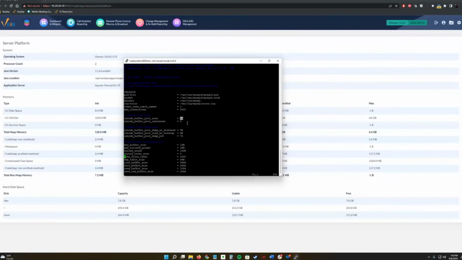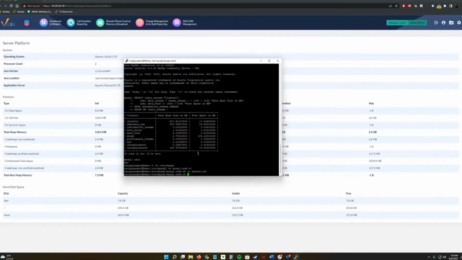So we would increase the RAM on the box, and then we would hop into these config settings and change this to reflect what we allocated, so we can have enough RAM so your system's running a little better.